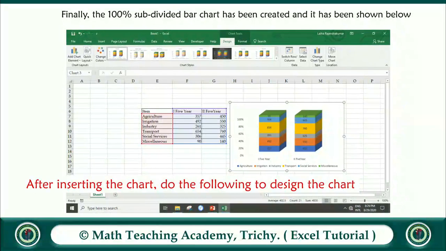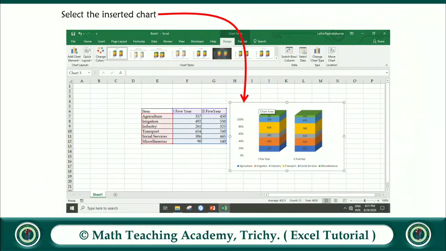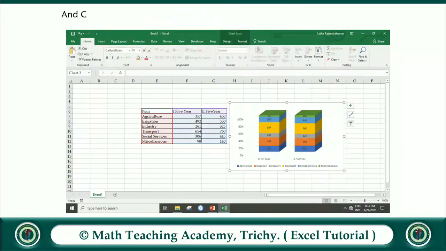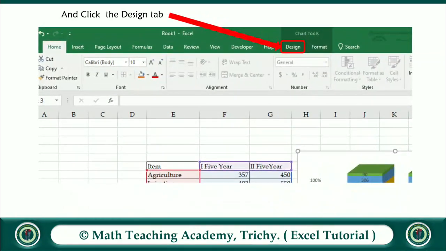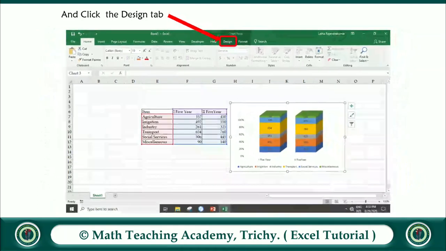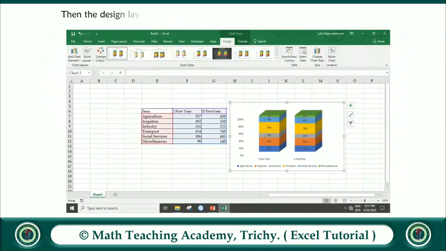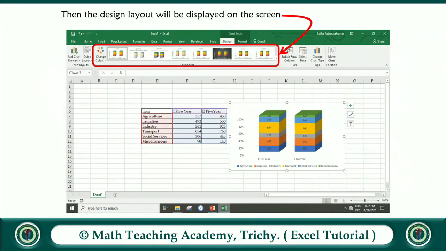After inserting the chart, do the following to design the chart. First off, select the inserted chart and then click the design tab. This is the design tab. Here we have to click to design the chart. After clicking the design menu, the design layout will be displayed on the screen.